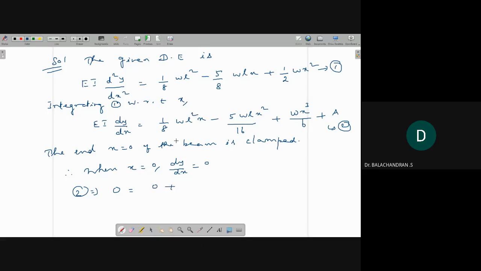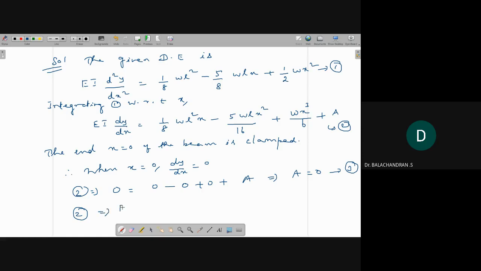So a is 0. It implies a is 0. So if you substitute a equal to 0 here, I'll take this as 3. So using 3 in 2,